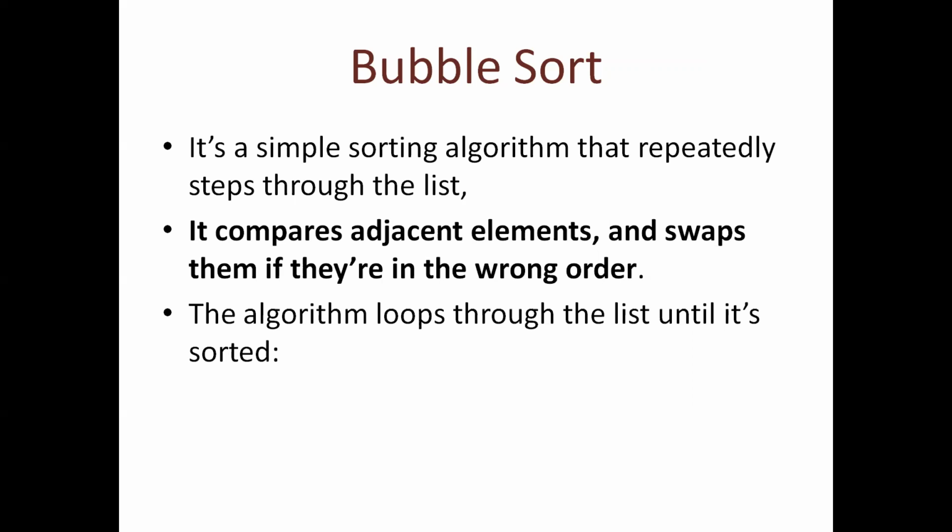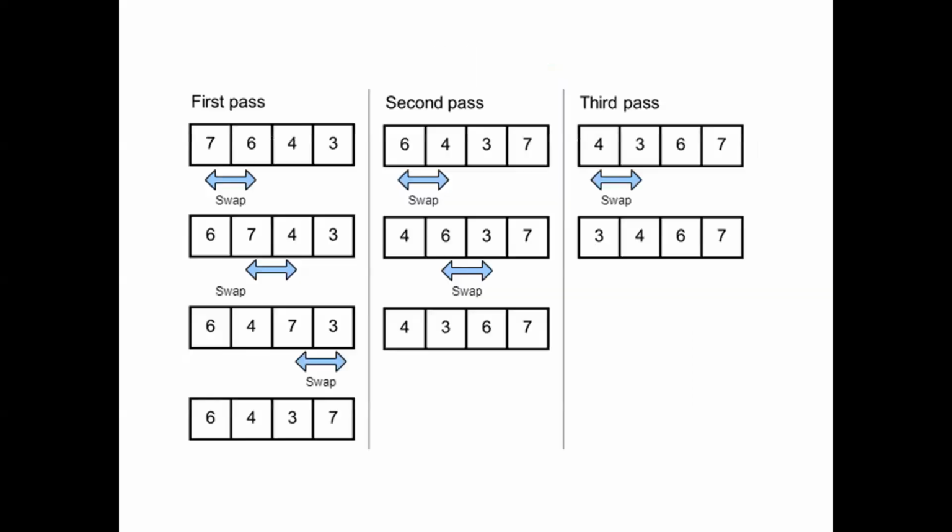Let's see an example for more clarity on this bubble sort. Well, see in the first pass, the list is a combination of the numbers 7, 6, 4, 3, and the sorting is going on. Coming to the comparison of the first element of the list and the second element, 7 and 6.